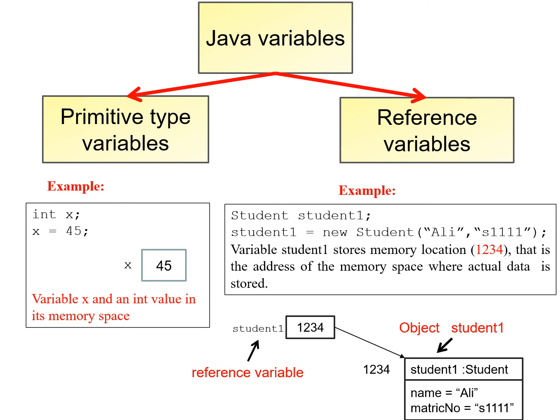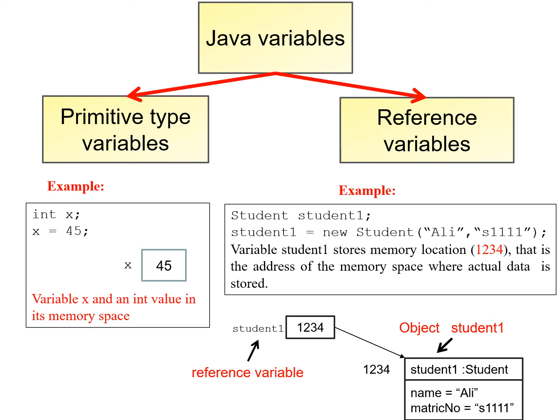There are two types, primitive and reference. Primitive, let's say integer x equal to 45: in your memory, in the space provided for x, the value 45 is there. Whereas for reference, it's referring to the objects that we created just now. Using the same example just now, student 1, you are creating an object called student 1, the type is student. Then you create an object: student 1 equal new Student Ali